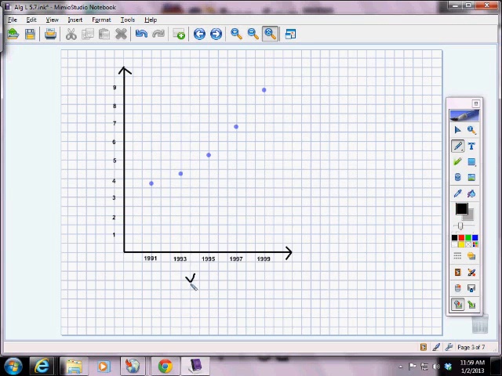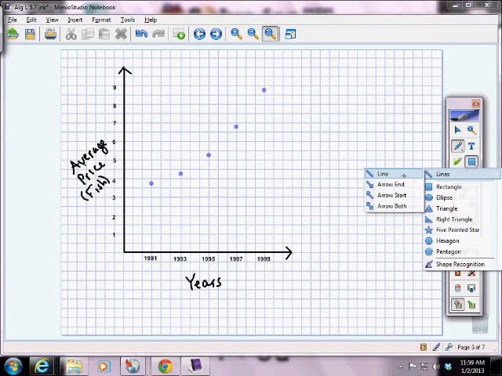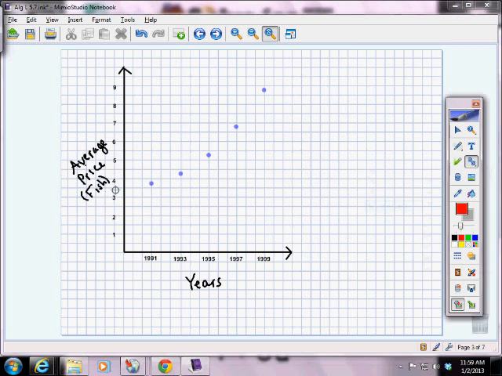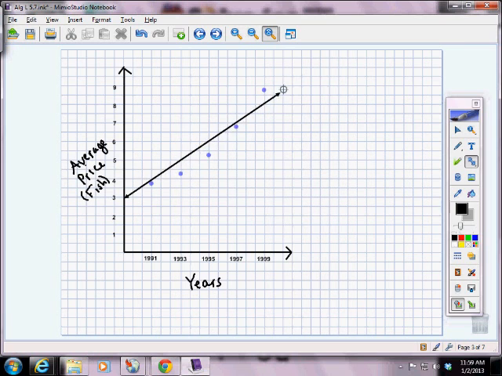Remember, on the bottom here represents the years, and over here along the side represents the average price. And in this case, this was for fish. Now we probably could draw a line to represent this data, a line of best fit, and it would be okay,